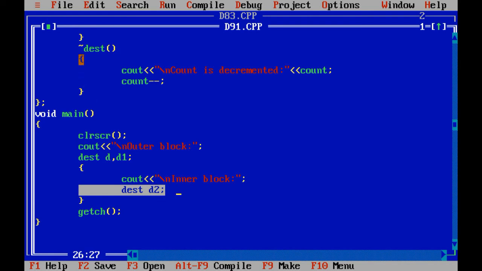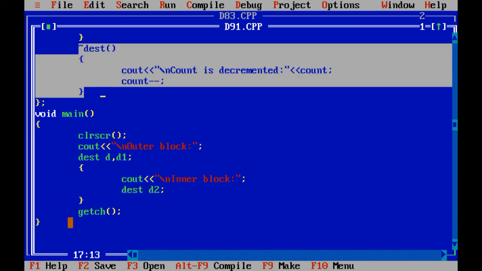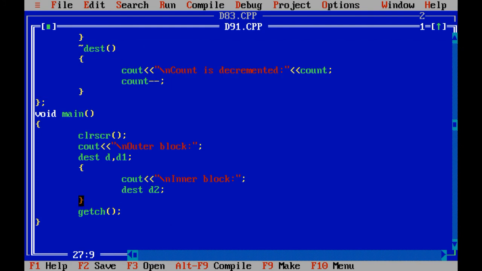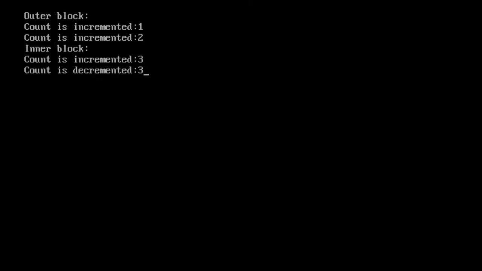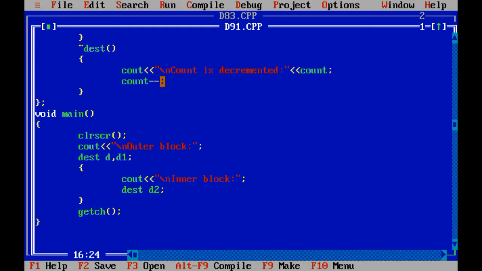So it will automatically call the destructor when you reach here to complete this bracket, and inside that what we have written, count is decremented and we have printed the value of count, it is 3 in the last case, so it is 3 naturally. Now count minus minus, so count becomes 2 now, yes or no? Count becomes 2 now using this statement.